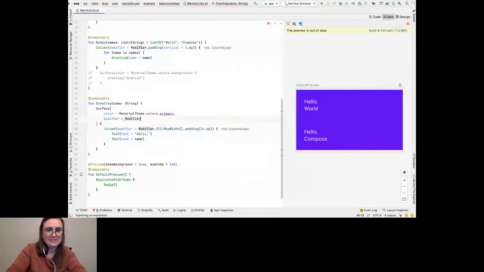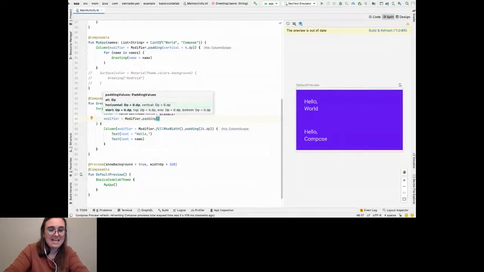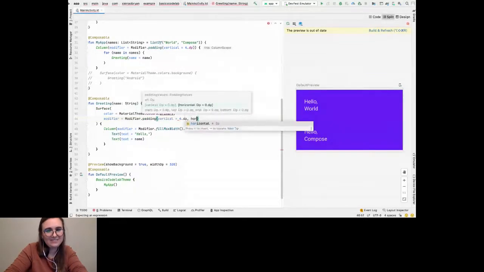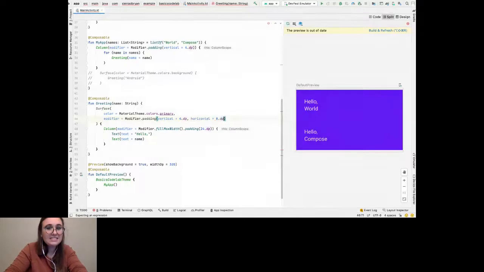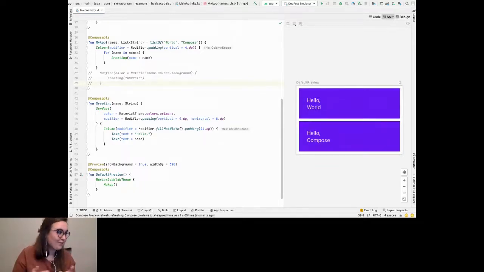What you might notice while we're doing this is that pretty much every composable does have the modifier available so that you can customize it as you see fit. And this is actually a really good practice to get into when you're building your own composables, is passing in that modifier so that you can also modify your different reusable components as well. And so now we see that we have padding all the way around, in between, and the top and bottom,